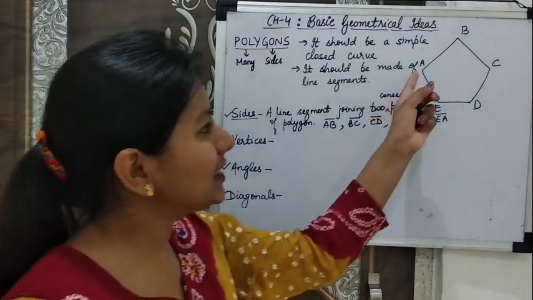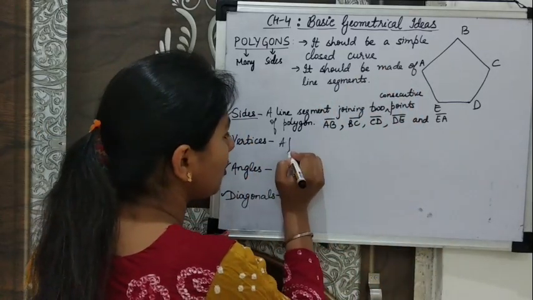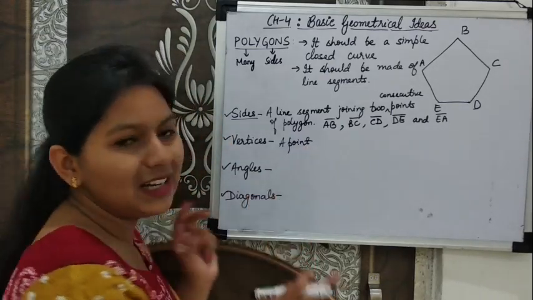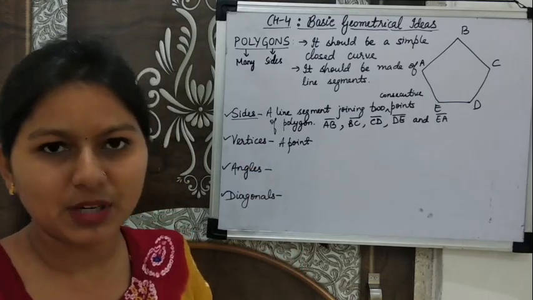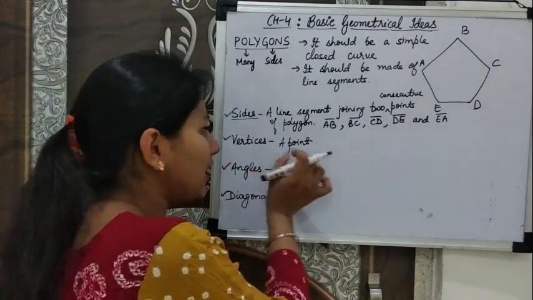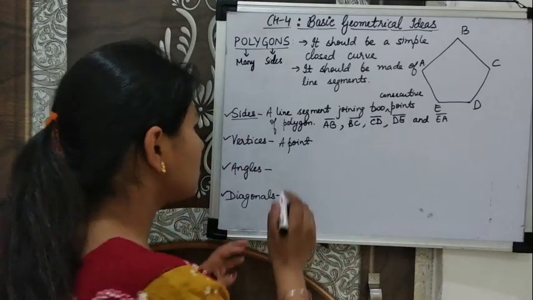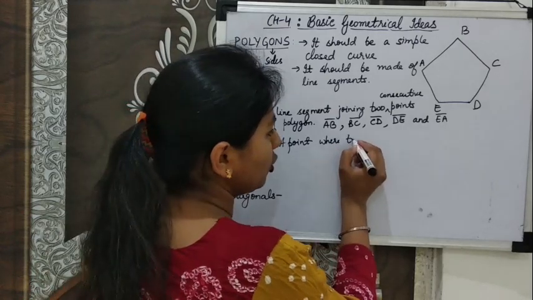ठीक है? Vertices एक point है. ध्यान रखिए, मैं vertices को क्या बोल रही हूँ? A point. It's only a point, but angle is not a point. ठीक है? ये इनके बीच में बहुत simple language में अगर मैं आपको definition समझाऊँ, then vertices is only a point, but angle is not a point. So, a point where two